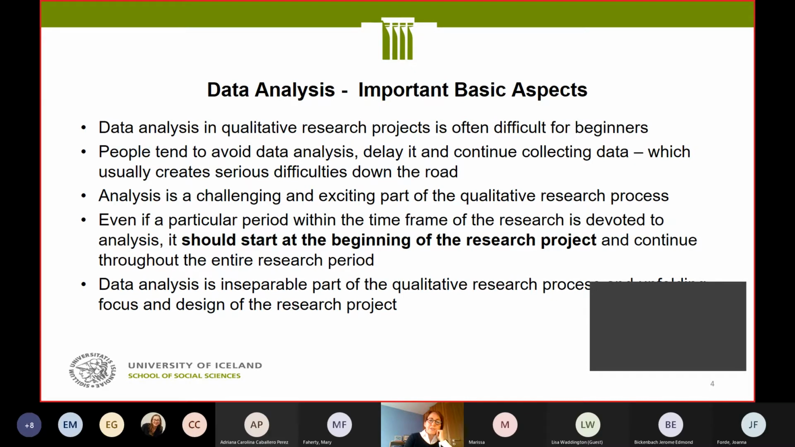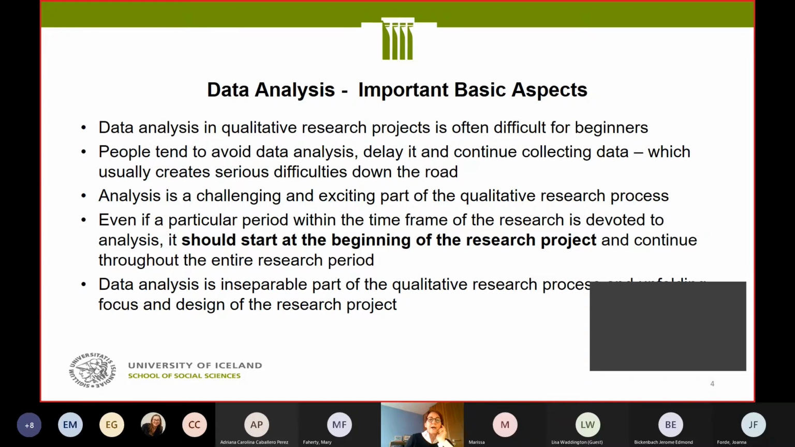In qualitative research, data analysis is an inseparable part of the research process and the unfolding focus and design of the research project, because you need to analyze your data in the beginning and look at what is there, what can I learn from that, and what did I not think of asking, what came up that I was not prepared for, and had no idea would be so important for the person, so that the focus and the emphasis changes along the way if you do the analysis